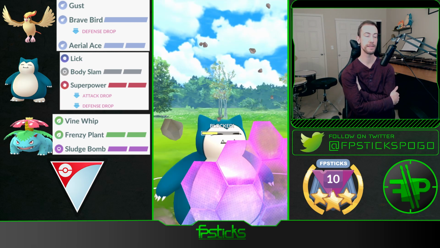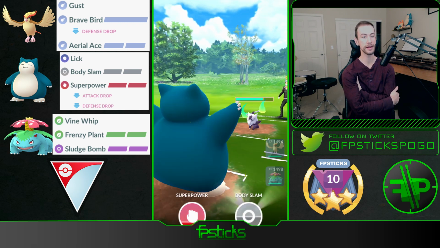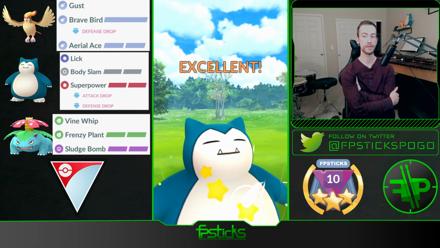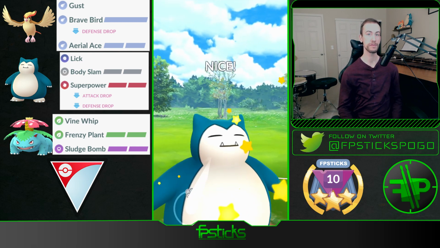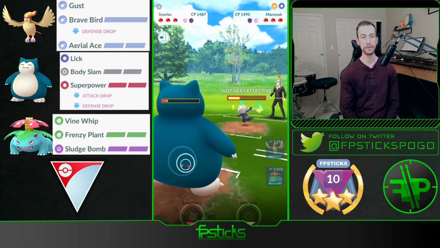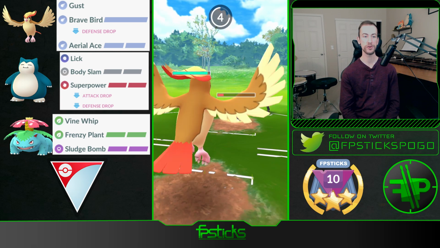I just need this Aerodactyl to be low enough that when my Pidgeot does come back in, it can at least threaten it a little bit. So I'm assuming that my opponent here wants to farm me all the way down. But the Lick damage is really going to add up, and these Body Slams, even though they're double resisted, are going to add up. Look how low this Alolan Marowak has gotten,